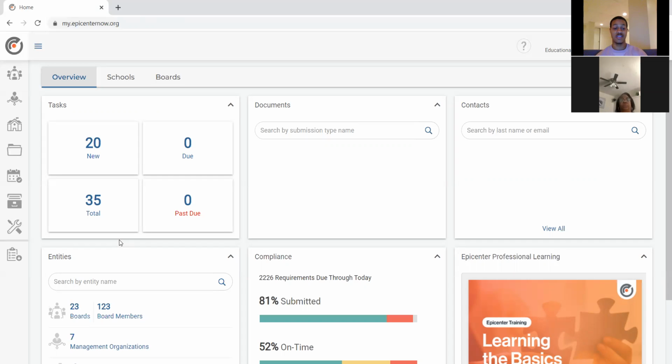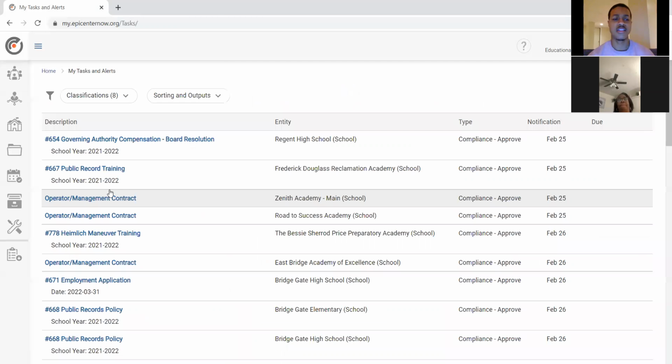This will populate immediately. As soon as either we as ERCO send a requirement your way, or if you have anything internally within your school that someone has sent you to have a look at, it will go straight into your task queue. This is the location in which you'll see anything that you specifically need to do in Epicenter, whether that's uploading documents, or whether your school or board uses that to approve documents